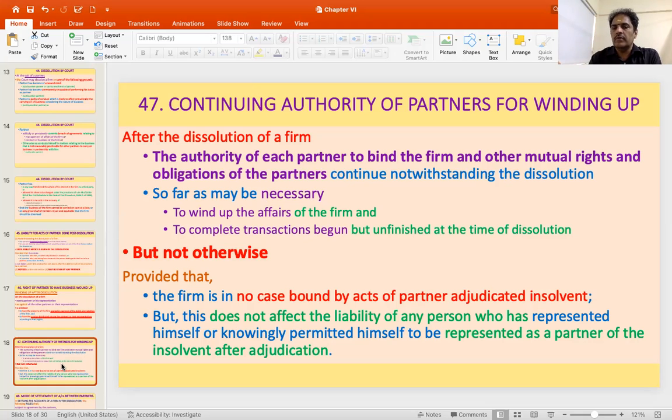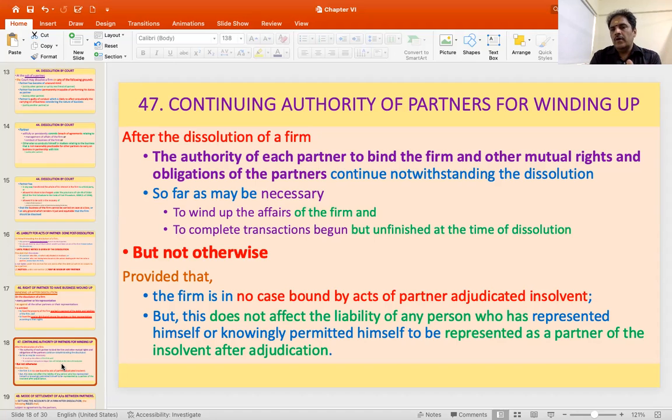It is insofar as may be necessary for winding up the affairs of the firm and to complete the transactions begun but unfinished at the time of dissolution. So it is only to enable that the processes are finally wound up with those which had been started at the time when the dissolution process was started. To give it a logical end, the power is given to each partner to do certain things and bind the firm, and other mutual rights and obligations of the partners will be allowed to continue even after dissolution. So it's only for the purpose of winding up the firm and to complete transactions begun but unfinished at the time of dissolution, but not otherwise,